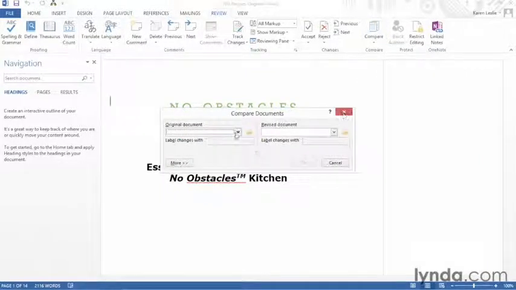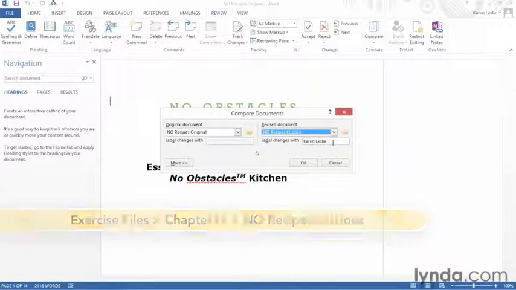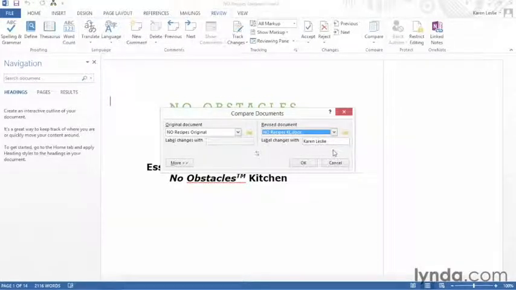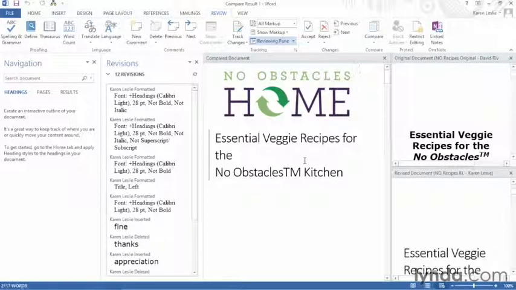So we choose our original by clicking the drop down. There it is, NO Recipes Original. The revised document came from this person with the initials KL. So when we click that, we can see it's Karen Leslie actually. That's displayed automatically because she was logged into her Microsoft account when she made those changes. And now all we have to do is click OK. So what happens next is Word looks at the two documents, starts analyzing it for changes, and lists them here